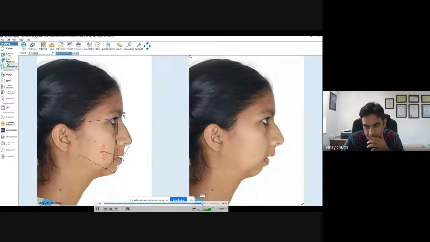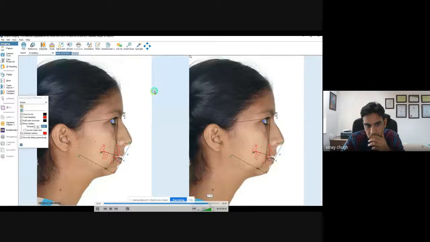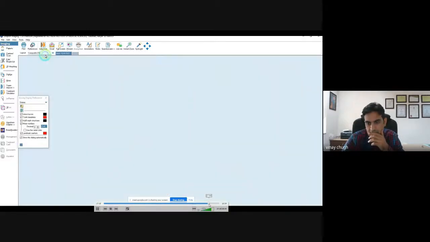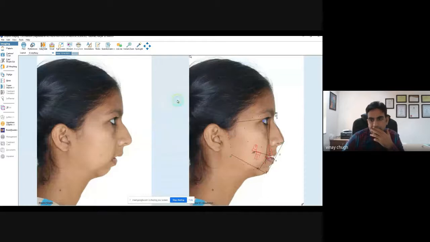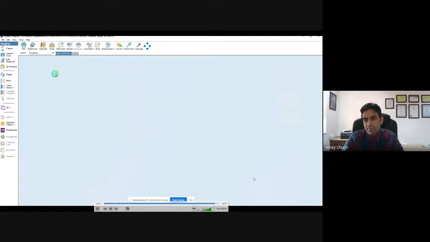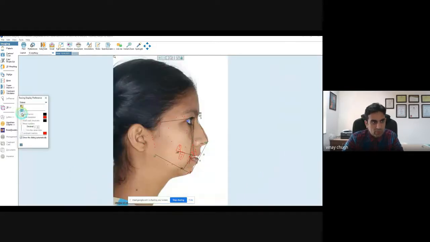So I'll just quickly run through it. Now you can see this is pre-treatment and this is post-treatment, where the mandible is being advanced. Just to show you, I'll remove this tracing so that you can easily visualize what treatment plan is built.